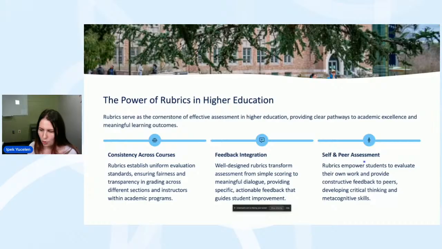All right, so the next part is I want to talk about rubrics and how important the rubrics are and how AI helps us to create rubrics. First of all, if you never used rubrics, I highly suggest using rubrics. It was transformational for me because it gives instant feedback to our students.